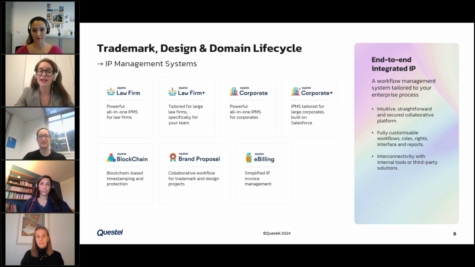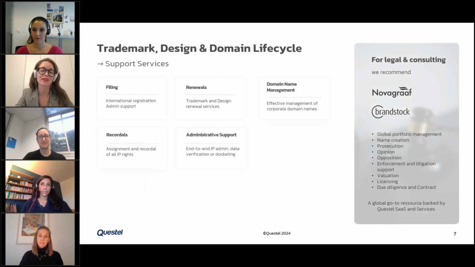When it comes to managing your IP assets, you have different solutions depending on whether you are a law firm or a corporation. And of course, if you want to add several modules to protect your assets through blockchain, or if you want to monitor your project from the name creation till the filing, then you have our brand proposal tools.